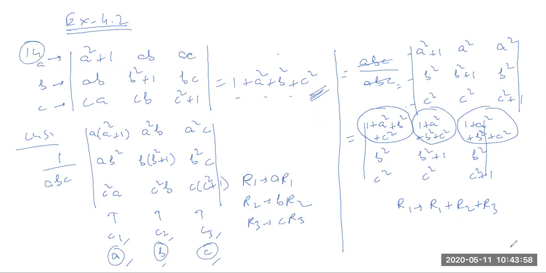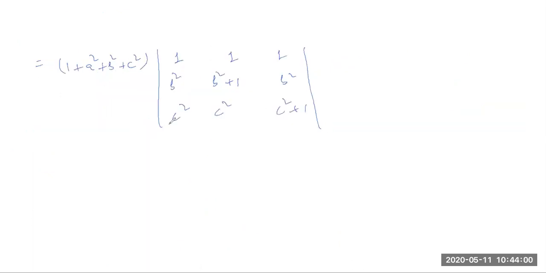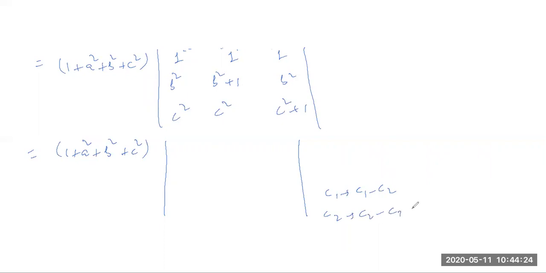Yes, we got this. So now nothing is left to expand. And we can do one more thing, we can simplify it further, and after that we can expand. Because before expanding, we'll make it as easy as it can be. So we can subtract C1 and C2 and also C2 and C3. We'll replace C1 by C1 minus C2, and we'll replace C2 also by C2 minus C3. You know that you have to do both the operations separately in 2 steps.